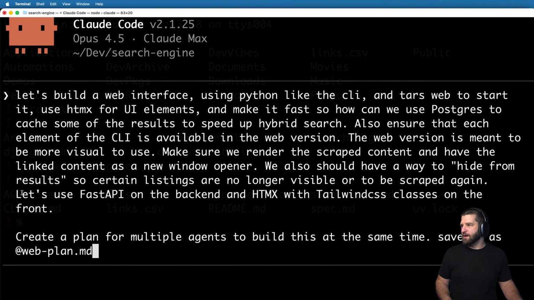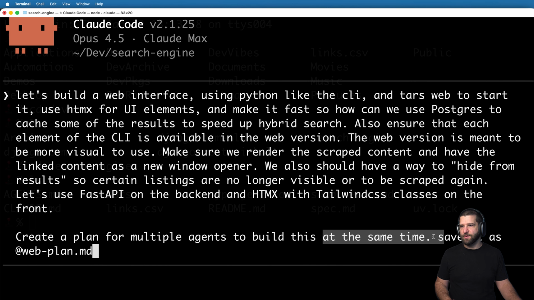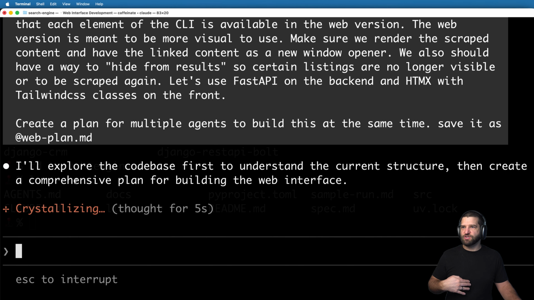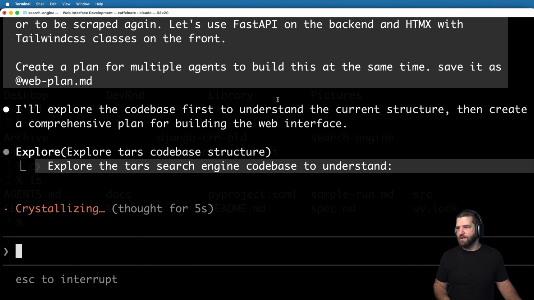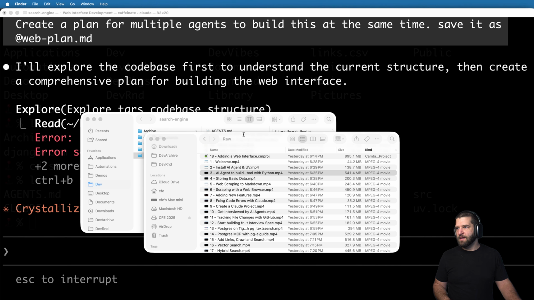But overall, the idea here is we've got this right here. That's the key part of it. And now it's going to go ahead and make a plan for multiple agents to build it at the same time. Multiple agents at the same time. Great. So I'll go ahead and run this. What Claude will do, or have the ability to do once it's all done, is to just start implementing this plan. The big reason that I wanted to create this was so that the plan itself will be able to